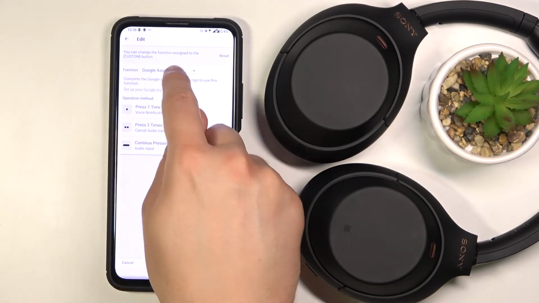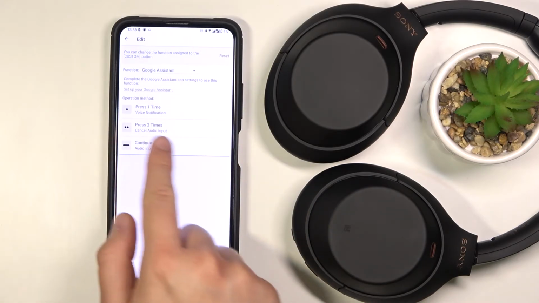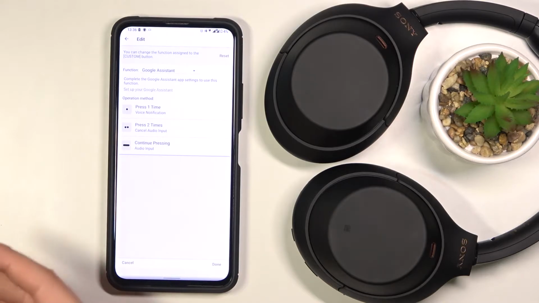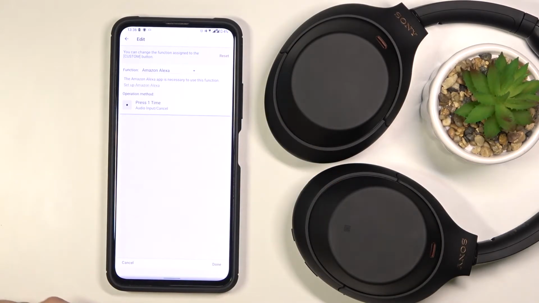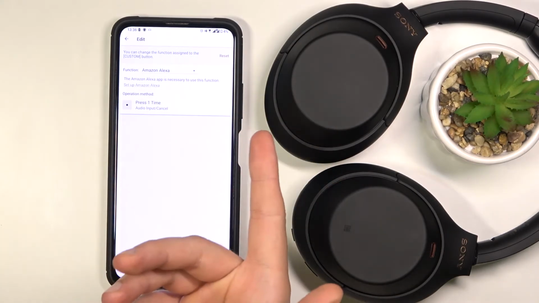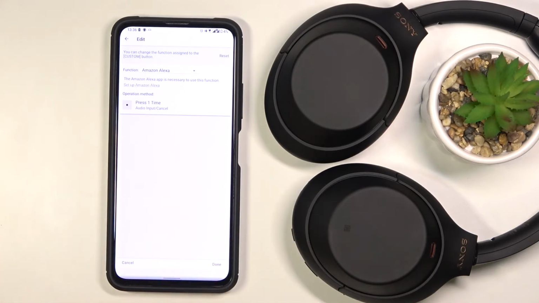You can easily switch like that, and when you make it, you got also here the description of the available operation that you can make by using this button. So for example, when you switch to the Amazon Alexa, we can only use audio input. We can control audio input by pressing the function button one time, and if you want to confirm, we have to click down,